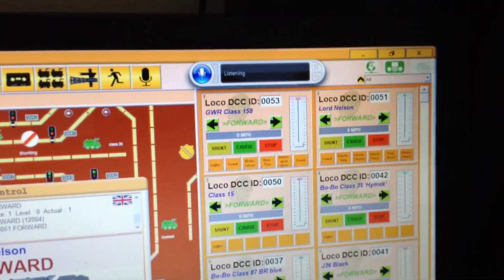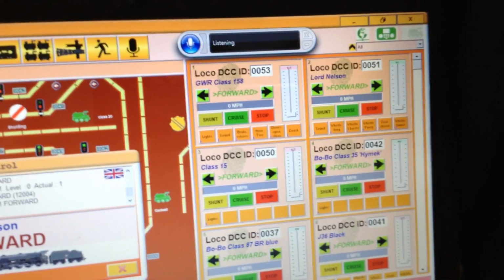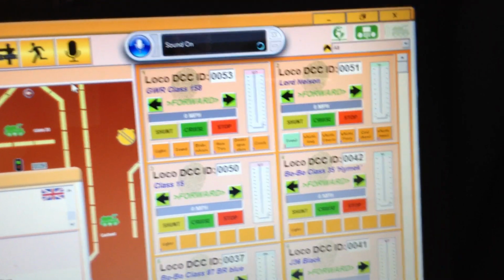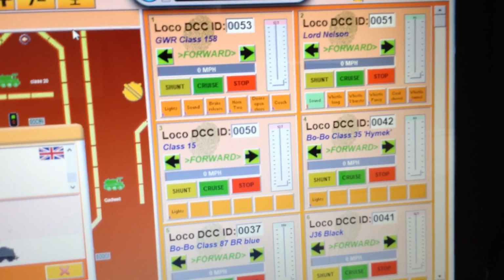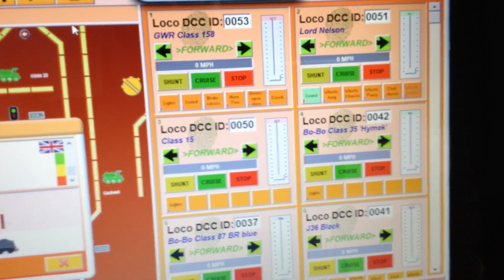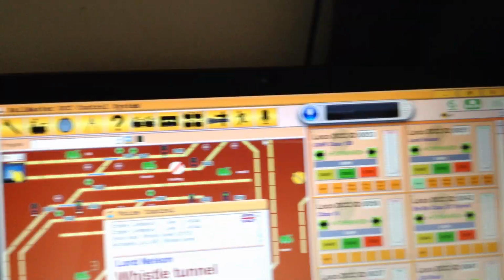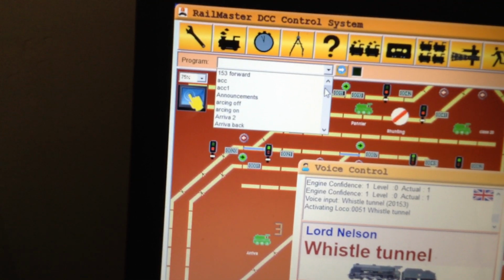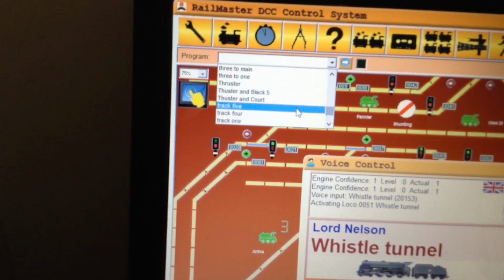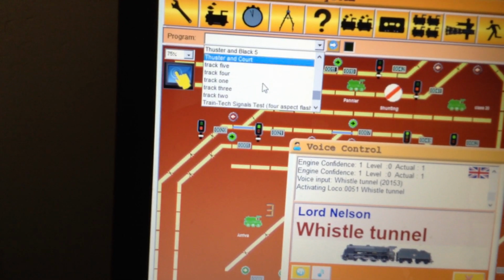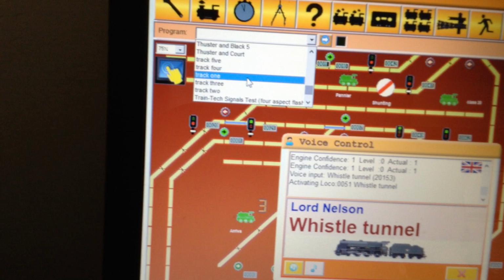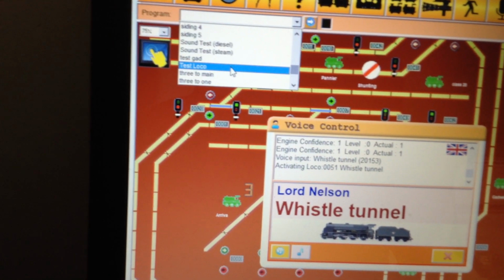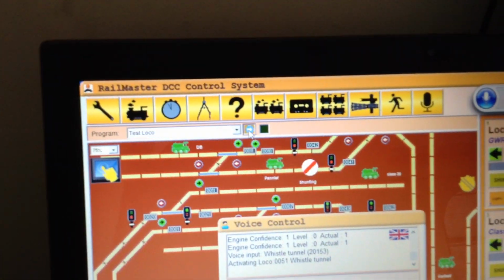So what I can do now is say, sound on, sound on. Whistle tunnel. That's ready. So all I've got to do now is to find that test program up here, which is down here somewhere. Test loco, where is it? Wrong way. Test loco, which is that there. And all you do now is to click that,